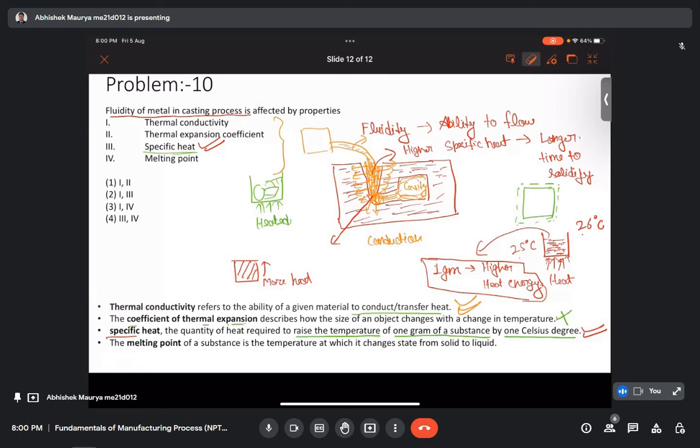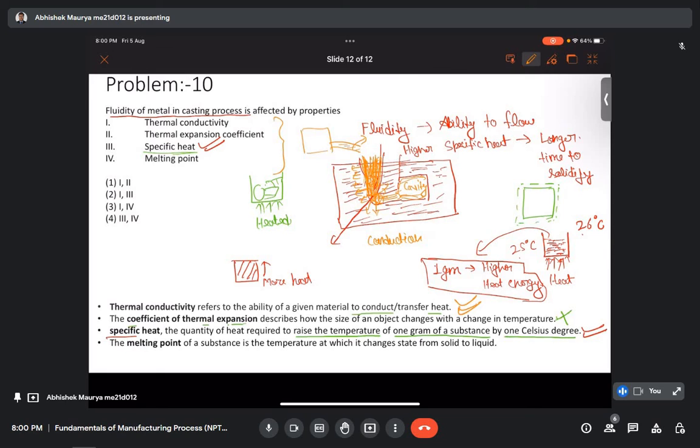So suppose we have molten material, here we have molten material, it has a melting point, and